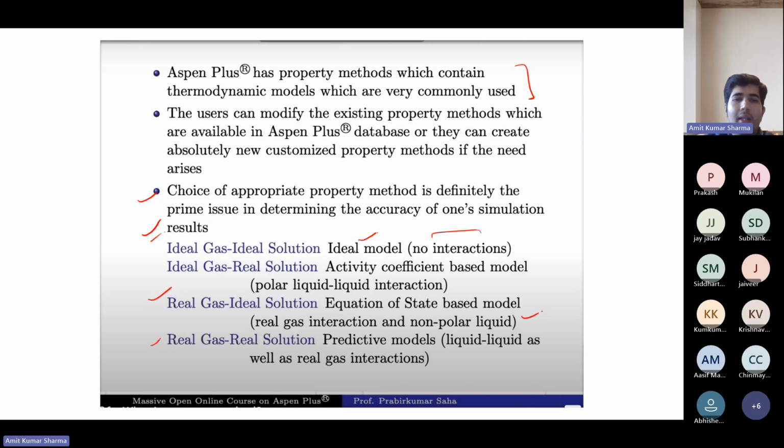If you're working with a real gas and real solution, then a predictive model should be used, since liquid as well as real gas interaction should be considered. Suppose you have a real gas and real solution and you use the ideal model, which doesn't include any interaction. Here you want interactions, otherwise you will not get the correct result, so you need to use the predictive models.